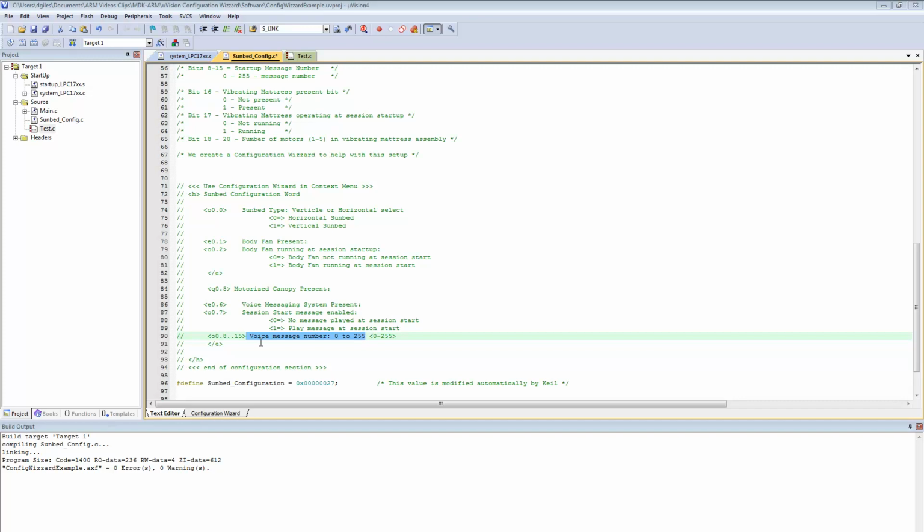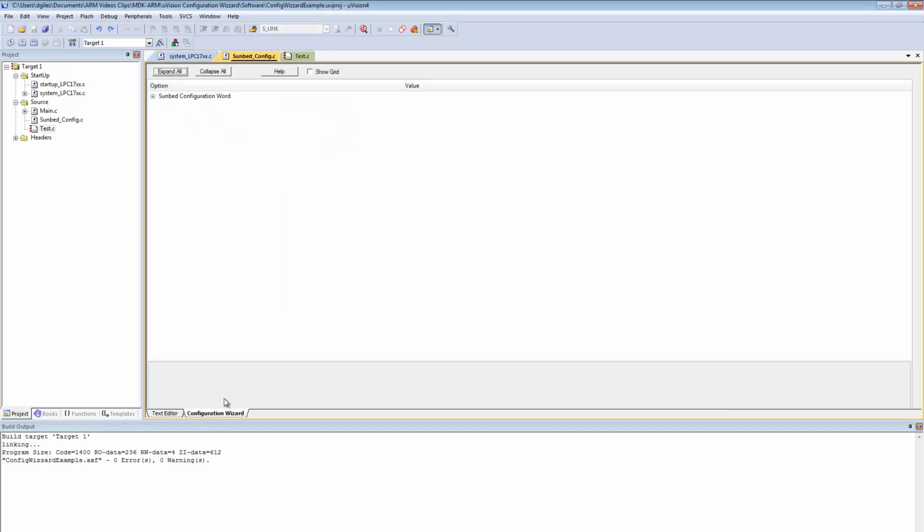And if we want to provide a range entry for the numbers, we do this by encapsulating the numbers between the less than and greater than options. So in this case I've got less than 0-255. So we can enter a decimal value between 0 and 255, and these will be inserted into bit position 8 to 15. So what I do is I click on the build icon, I come into the configuration wizard,